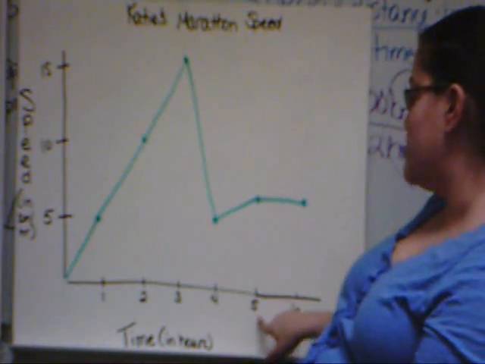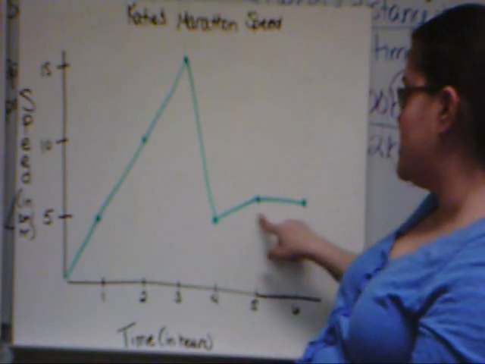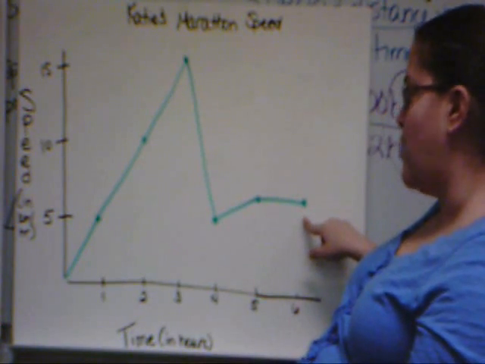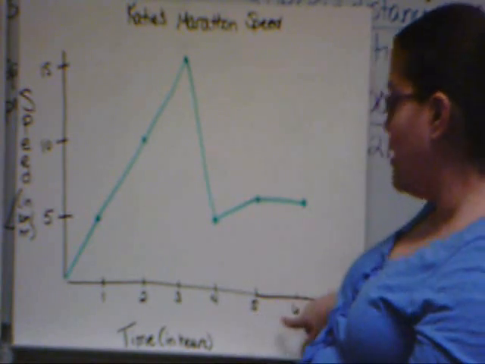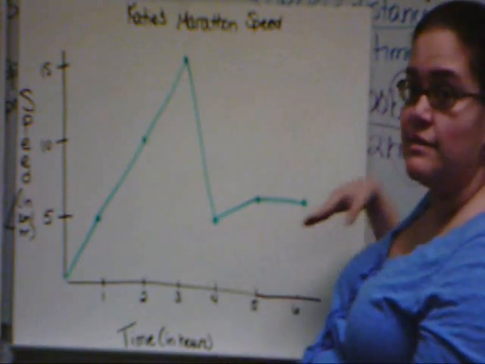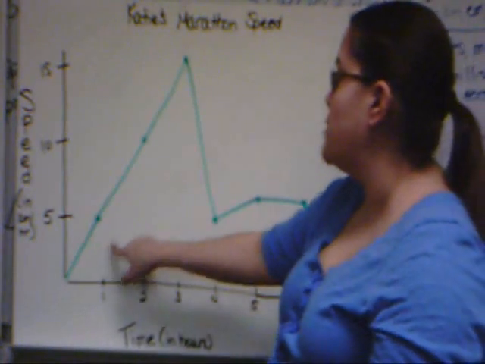And here between hours 5 and 6, she's continuing to go about 7 kilometers per hour. So her speed is the same. So from hour 5 to hour 6, she's going the same speed. Okay? So speeding up, speeding up, speeding up, slowing